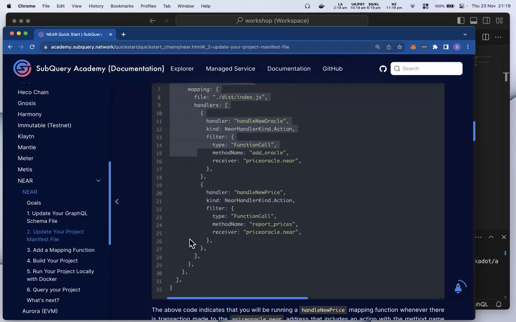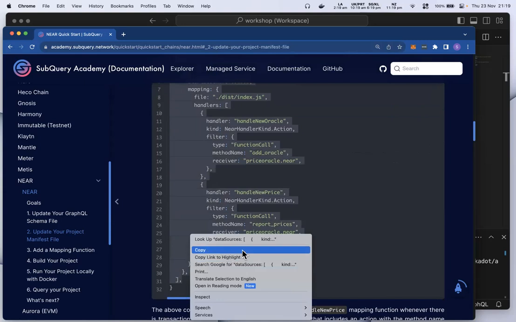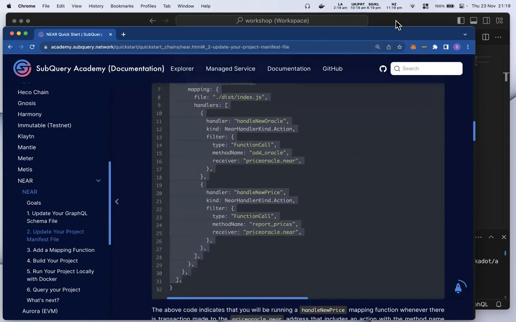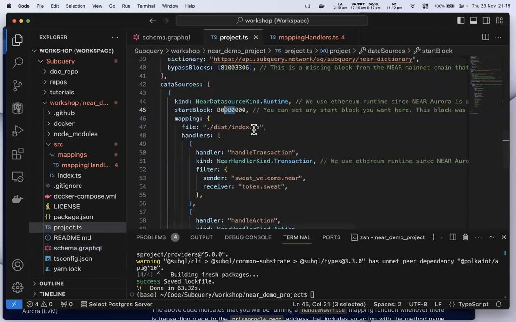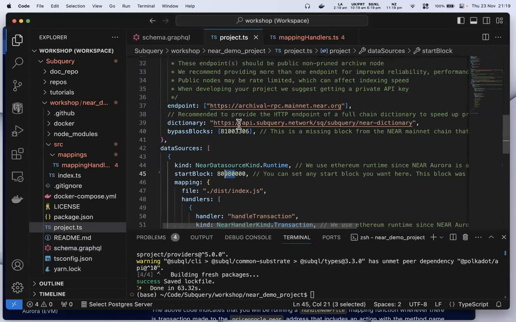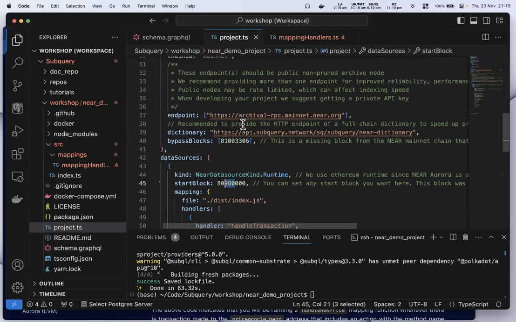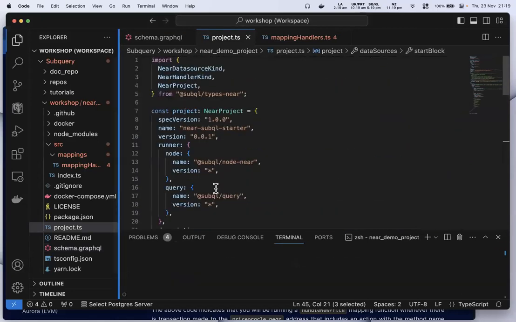So let me copy this like so. Jump into my project manifest file here. On parameters above, we don't need to change much. Usually, it's just the data sources section.